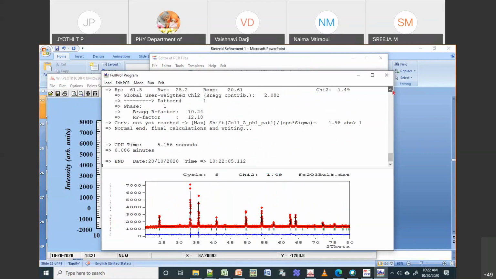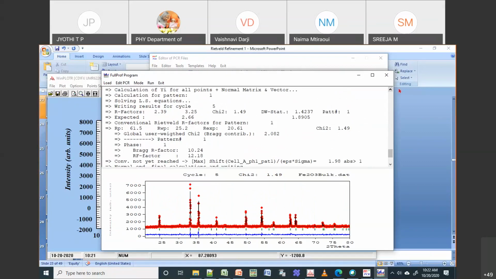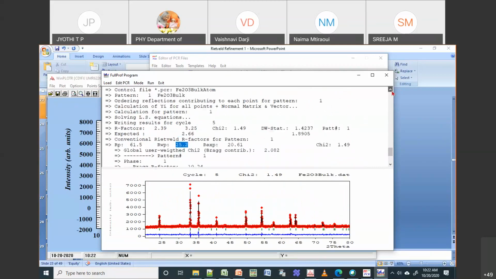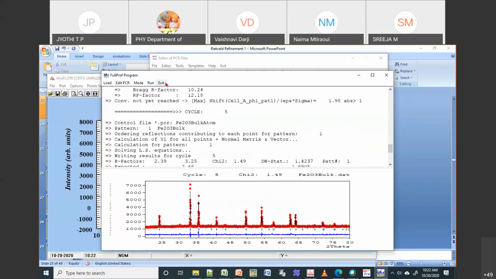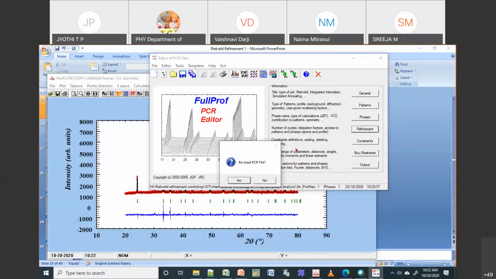And then if you see our RP and RWP, they are still high because, as I told, this data is not a good data. Okay, so it is a very quick scan. It was taken only for 10 minutes or something like that. So that is one reason why your RWP or your RP will be higher.